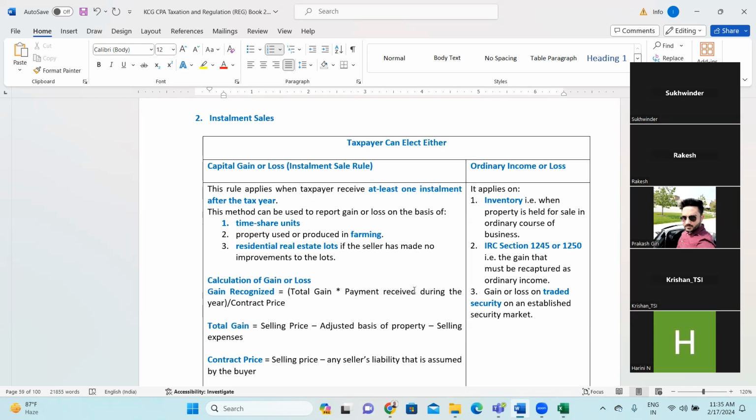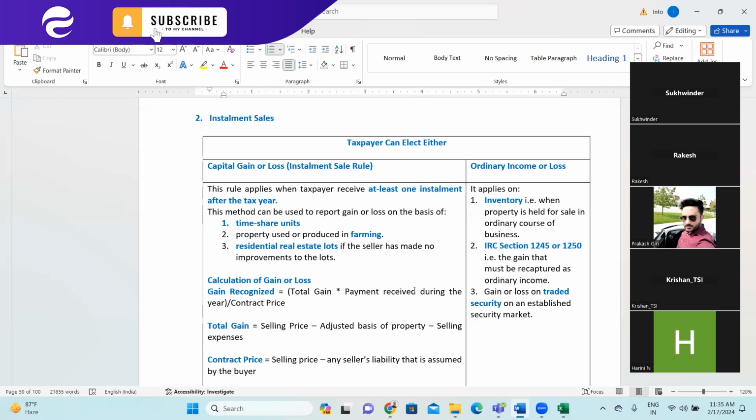For example, let's assume there is a small electronic shop, and the taxpayer is selling maybe air condition or refrigerator. Many people come and buy the air condition or refrigerator on installment sales. So in that scenario, the installment which an individual is recovering within the same tax year,